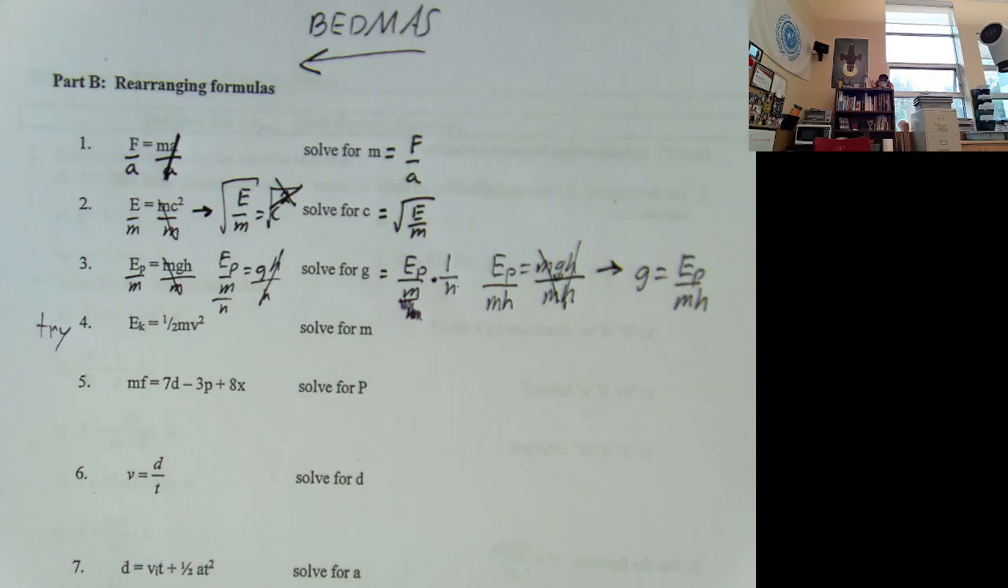So, you want to either divide by a half or multiply by 2. You go to the right hand side. We should have